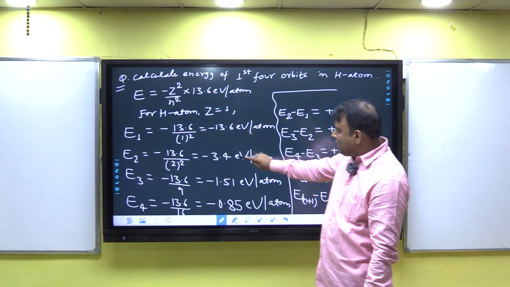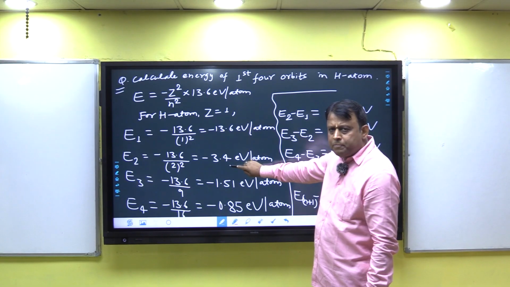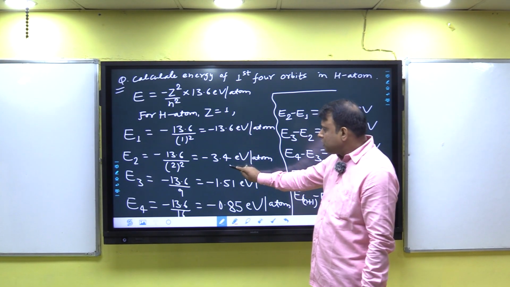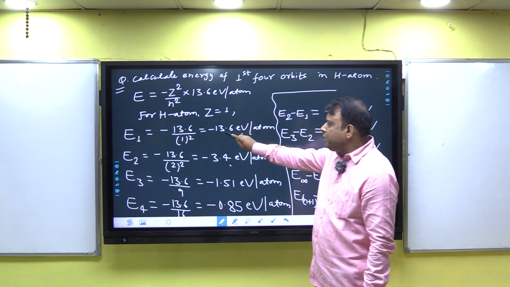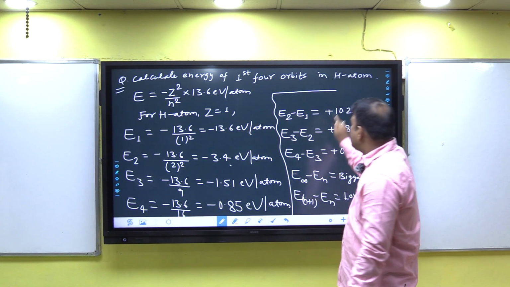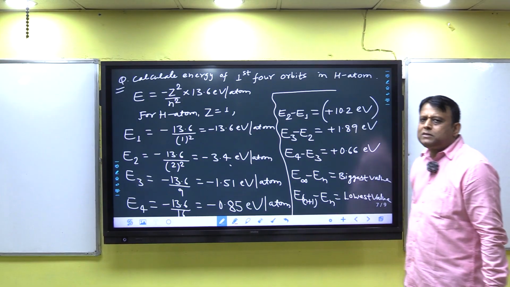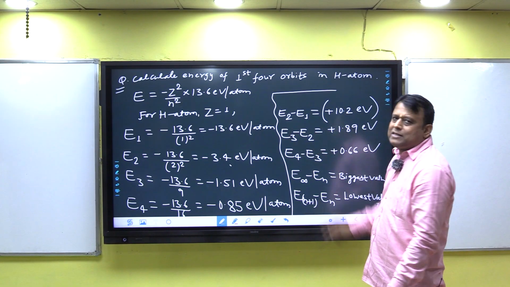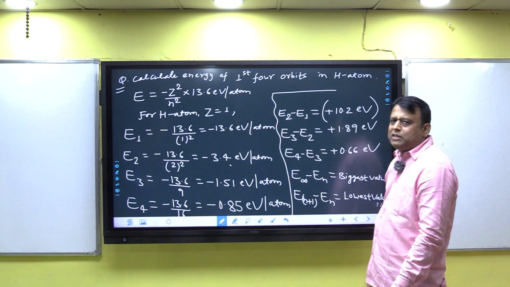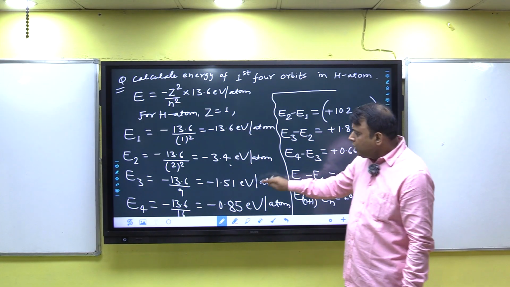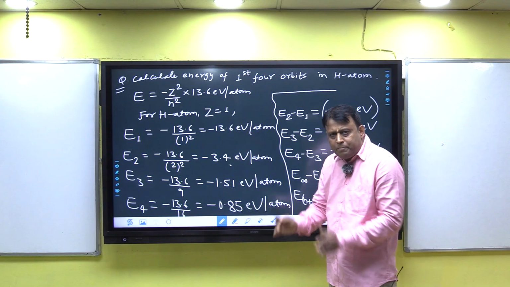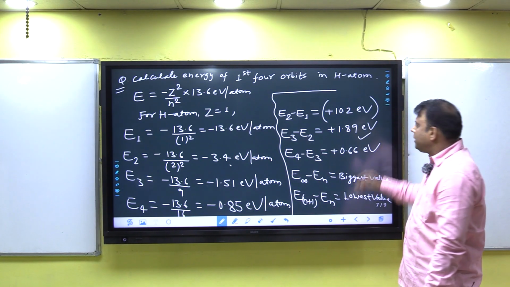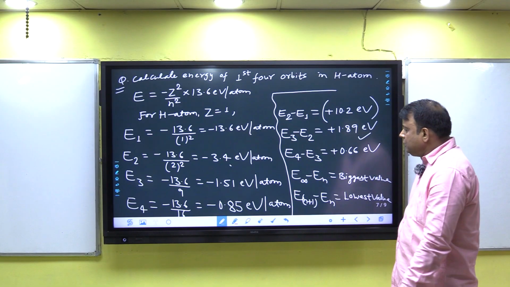E2 minus E1, that means minus 3.4 minus of minus 13.6, and after calculation, it will be plus 10.2. And E3 minus E2 is equal to minus 1.51 minus of minus 3.4, and after calculation, it will be 1.89,